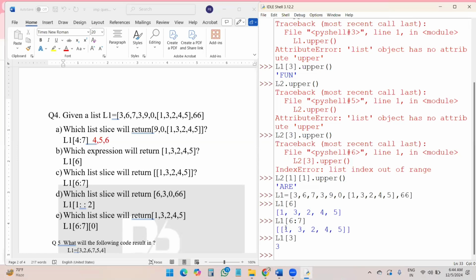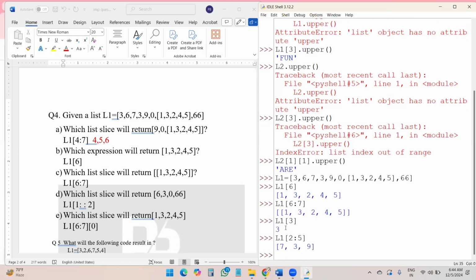But if we use slicing, like I am writing here 2:5, whenever we use slicing, my answer is in square brackets. So this is the reason, students, that here the compiler used double square brackets. One is because a nested list is already there, and one is for slicing. So if this type of question is there in an output based question, just keep this in your mind, that please don't miss these brackets here.